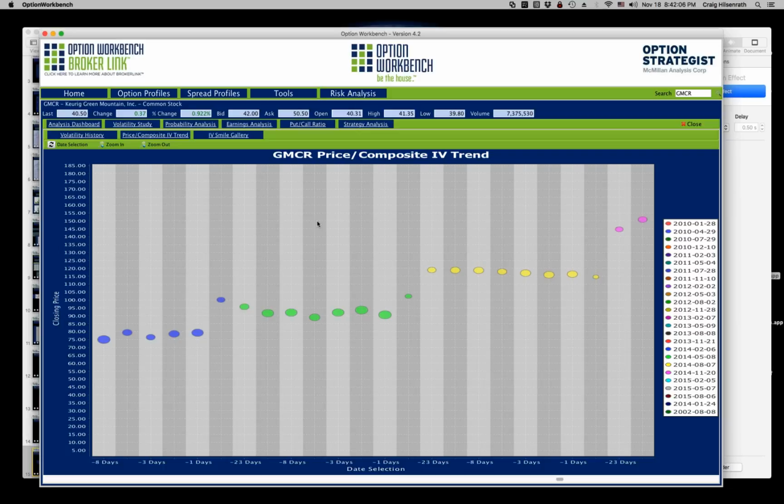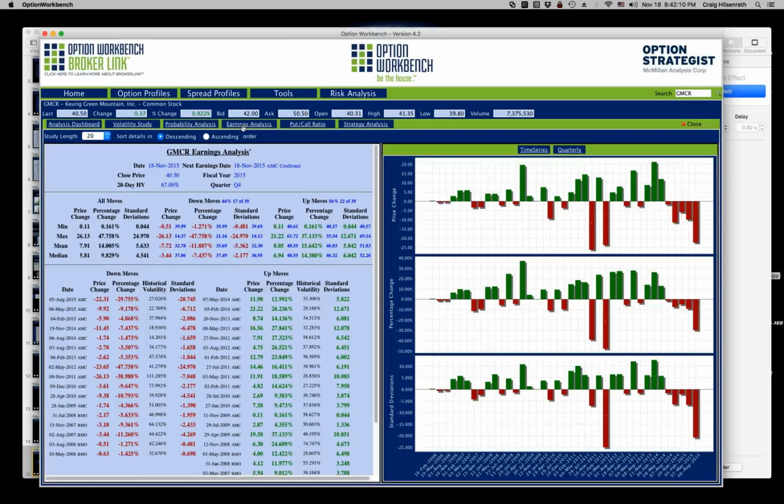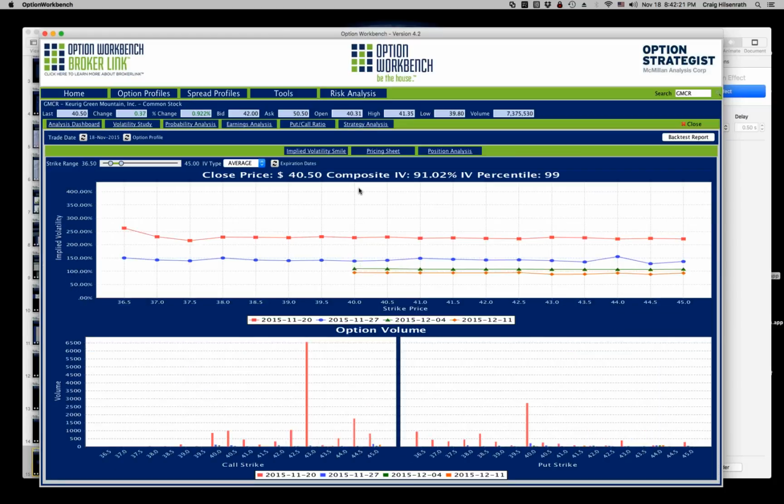Okay, so let's now look at how we might go ahead and do a back test. So I'll do one of the trades. I'll go back to the August 5th, 2015 trade date. So now if I go to the strategy analysis, let me try to zoom again. Okay, so this brings me to today, which you can see has a rather large skew in the implied volatility today.